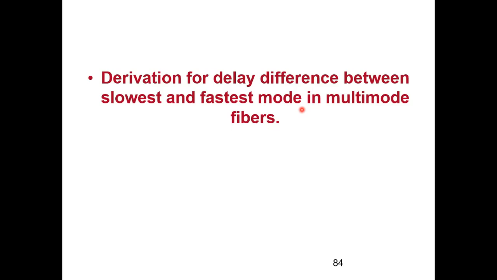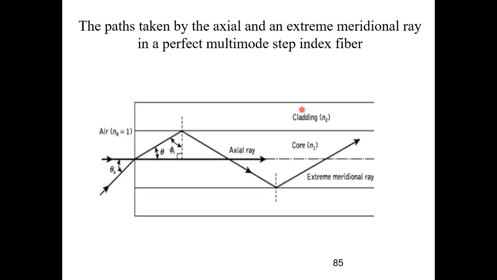To begin with, I will also be dictating a few sentences which you will write. So this is the diagram. This is my fiber, this is my core, and this is the cladding. The ray is entering and propagating through the meridional path. One ray propagates; I have only shown two. It's a multimode fiber, but we have not shown many rays. Which will be the fastest ray? The one that covers the shortest distance. The ray passing directly through the axis I call the axial ray. That will be the fastest ray.